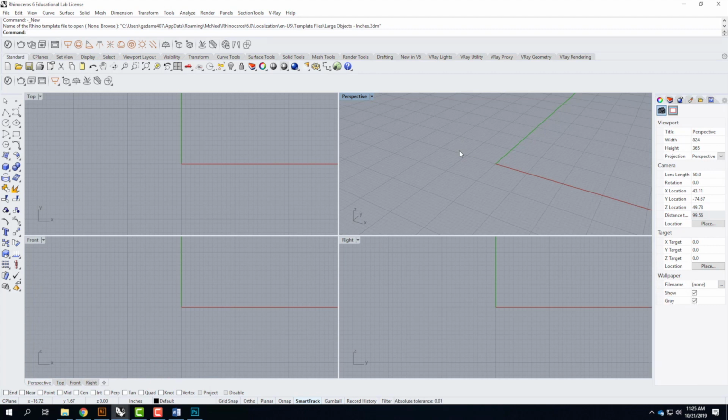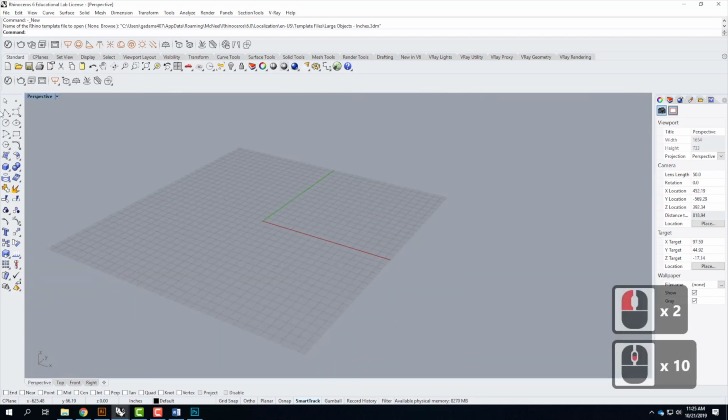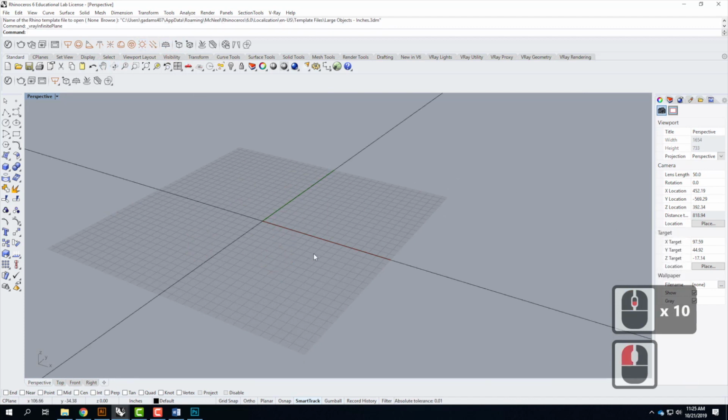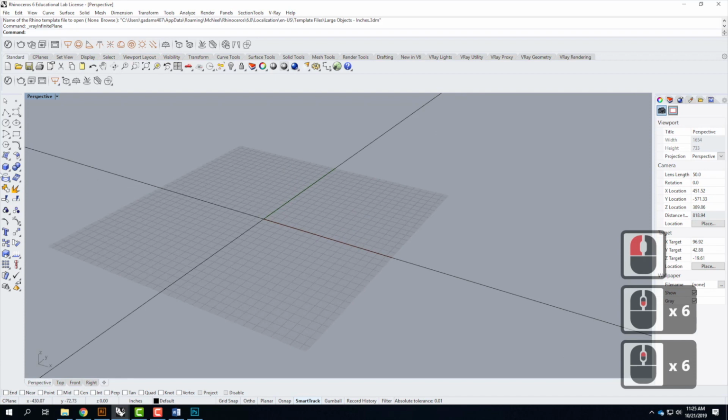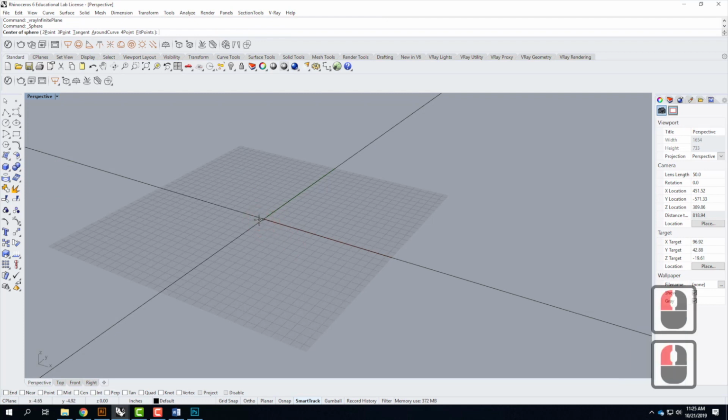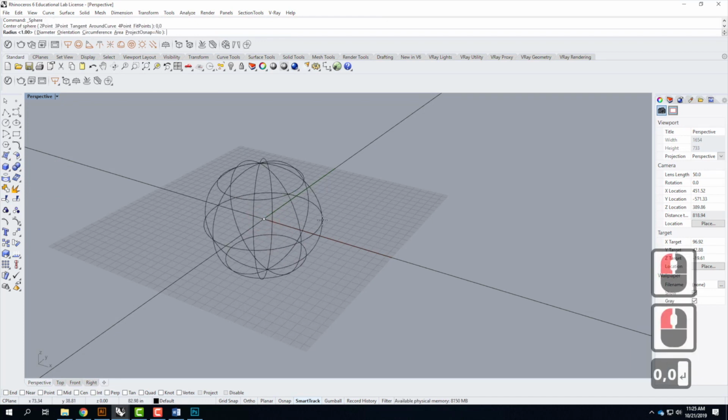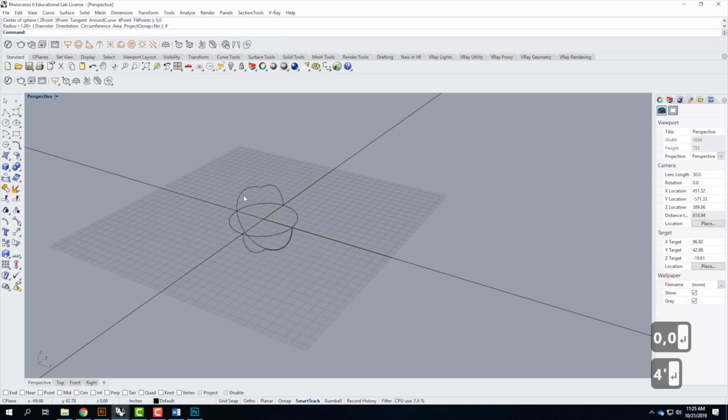Rhino document. So the first thing that I'll do is I need to create a few things to test out this rendering and this sky backdrop. So I'll go ahead and add a V-Ray infinite plane. And then I'll create a sphere. So we'll click on the sphere. I'll start at 0, 0, and I'll do a diameter of maybe 4 feet, or a radius of 4 feet,